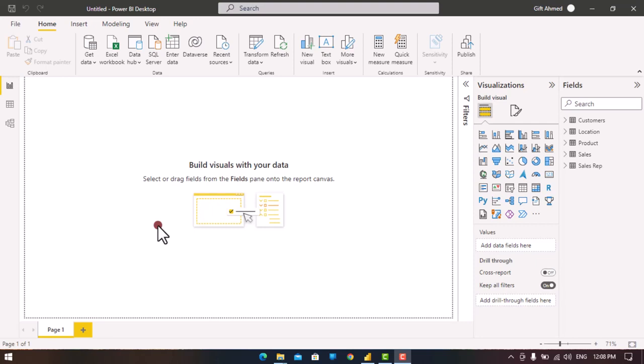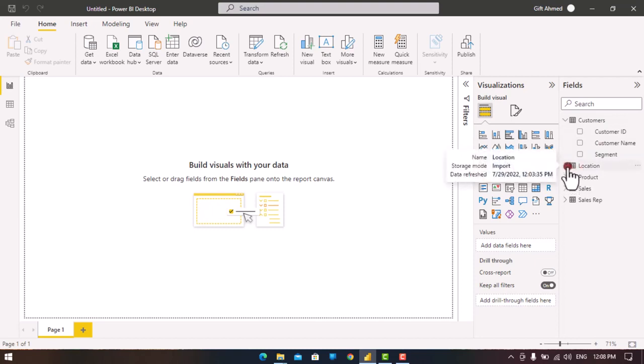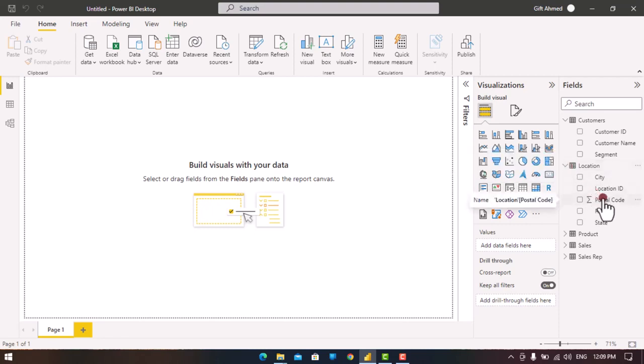Today, we'll be considering how we can build the relationship between the tables in Power BI. Now, let us see some demonstration of how our modeling can help us bring out the major activities in each table. If you notice, from the customer table, we have customer ID, customer name, customer segment. Then for the location, we have the location ID, the postal code, the region, and